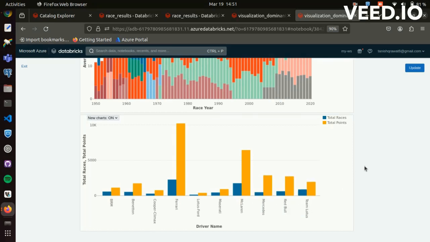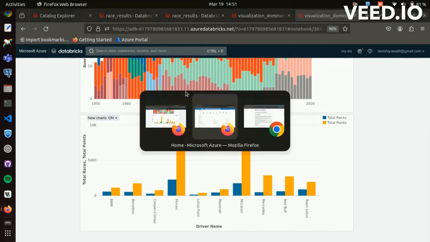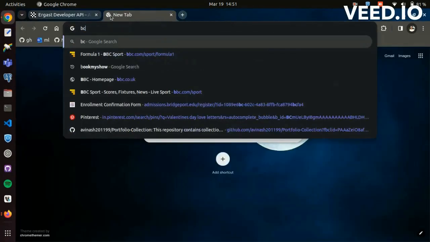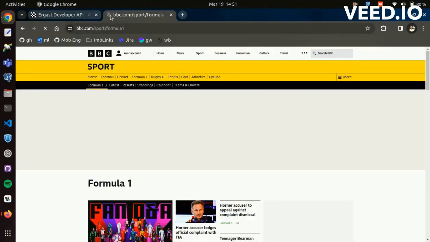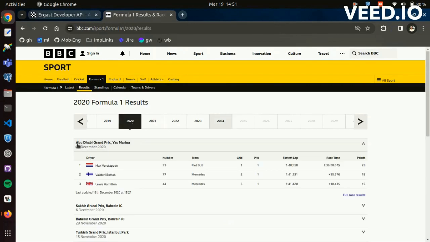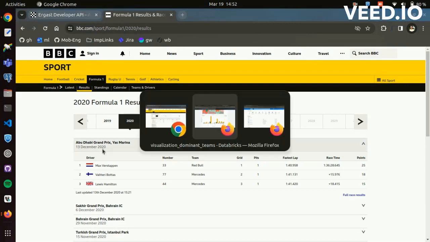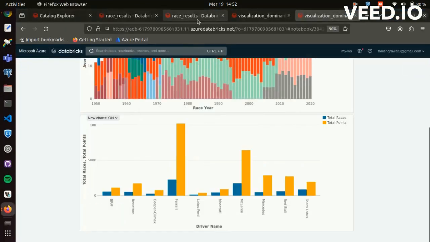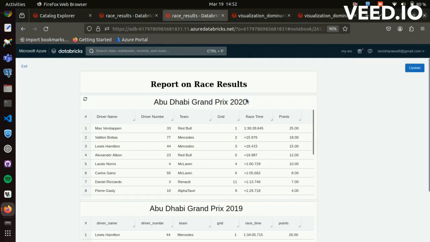Now let us compare my analysis with the analysis performed by the BBC. BBC handles the data of Formula One races. So let me show you. I will be comparing the results of the Abu Dhabi Grand Prix of 2020 here.